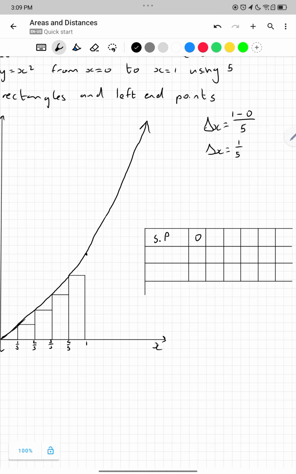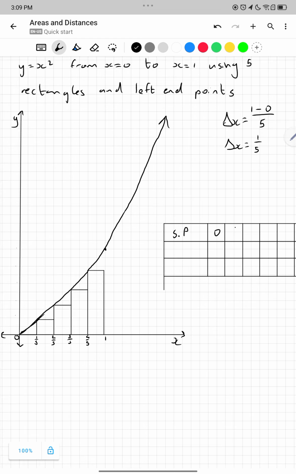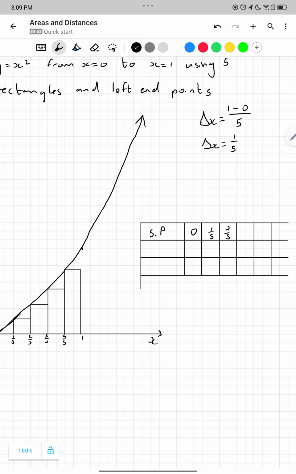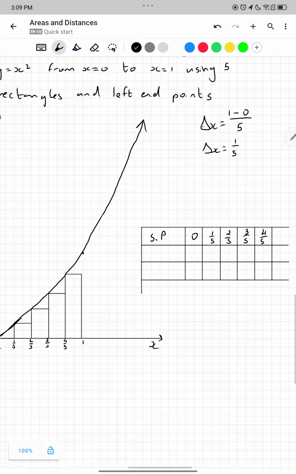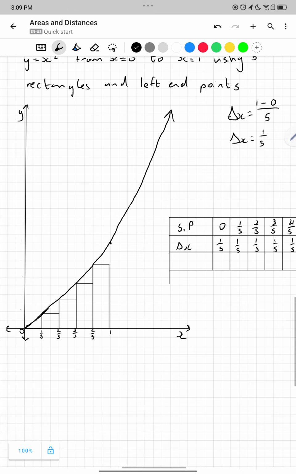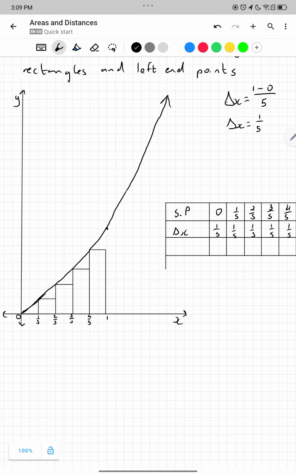Our second one is going to be 1/5. Third one is going to be 2/5. Fourth one is going to be 3/5. Fifth one, lastly, is going to be 4/5. And then we're going to have our width, which is the same everywhere: 1/5, 1/5, 1/5, 1/5, 1/5. Right? We're gonna have our height,